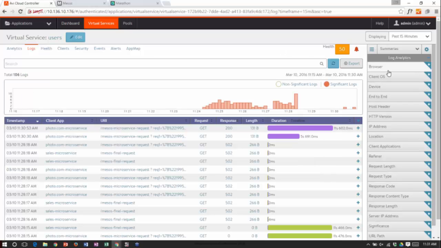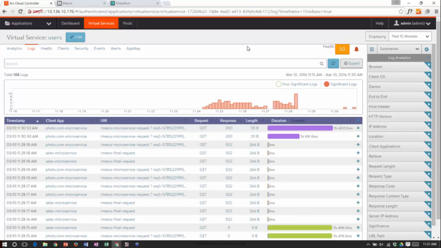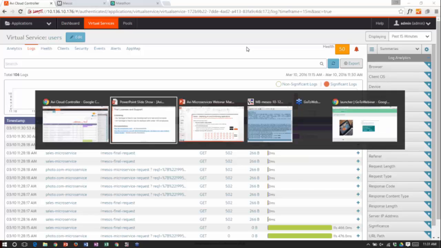If you want analytics on the kind of browsers, the kind of end-to-end timing, the kind of IP addresses coming in, the kind of locations people are coming in from, you can do all of that. We won't get the time to dig into this level of detail today, but there's a tremendous amount of visibility, analytics and insight into who's using the system, what they are doing with it, are they having a good day or a bad day as they interact with your applications, or are they a bad actor trying to do something really, really bad?